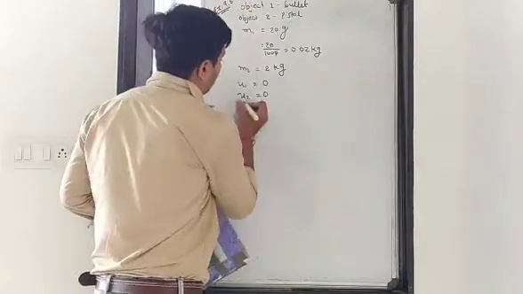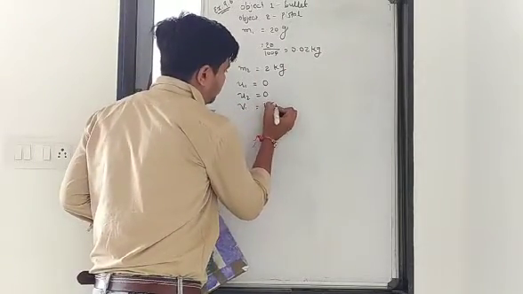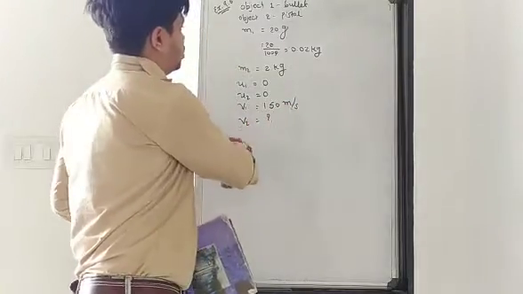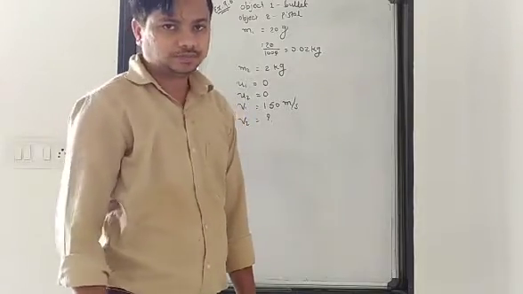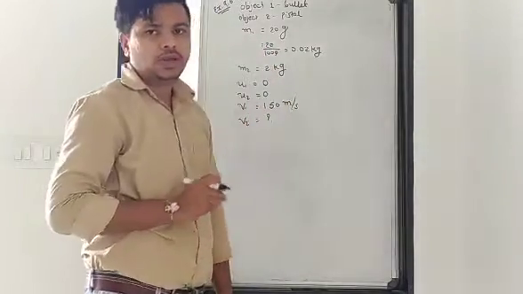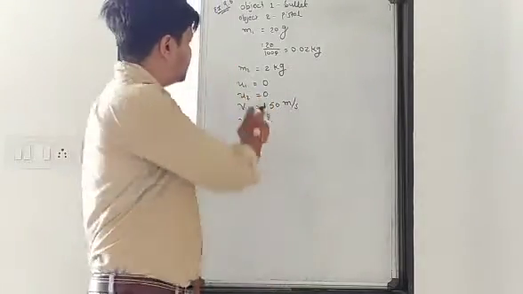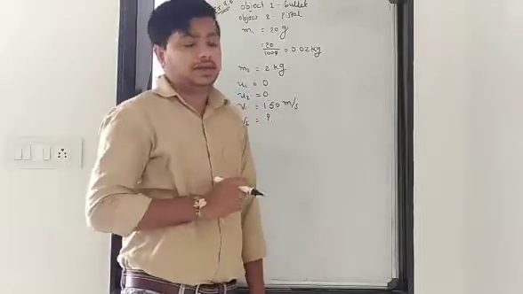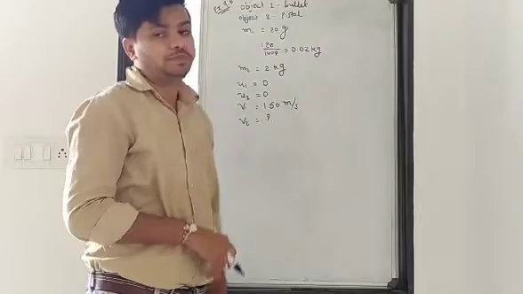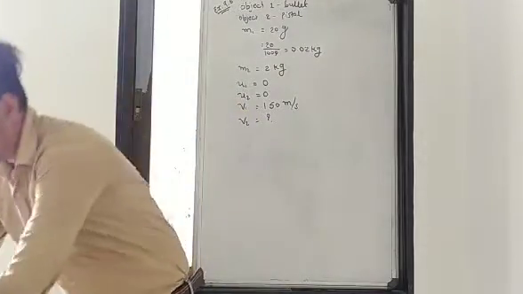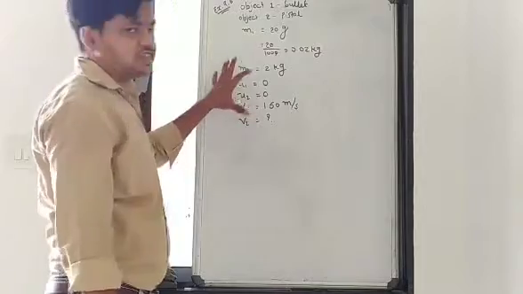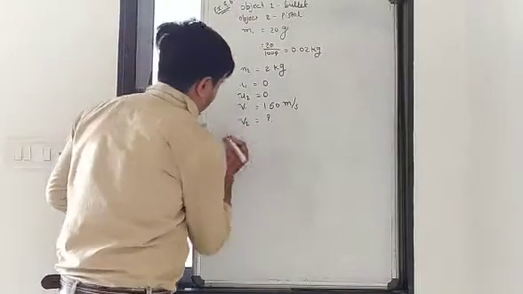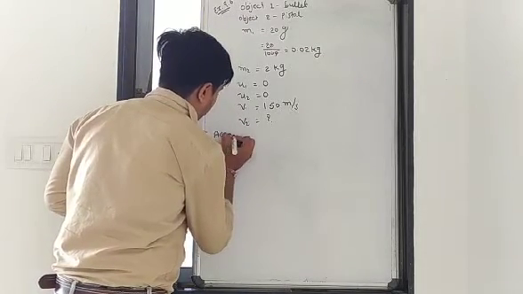But after firing, the bullet moves with 150 meter per second, while you have to find out the recoil velocity of the pistol. Understand? First of all, the masses are given to you, and before firing the velocity is 0 because both are stationary. When you fire, the velocity of the bullet is 150 meter per second, while for the pistol you have to find the recoil velocity. So how can you find out? First of all you have to use the conservation of momentum. The momentum is conserved, and because of that, according to the law of conservation of momentum,